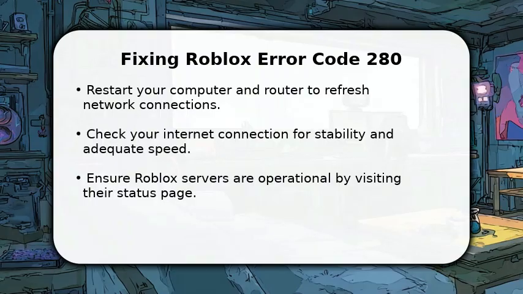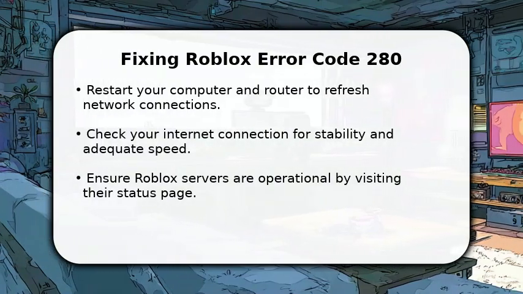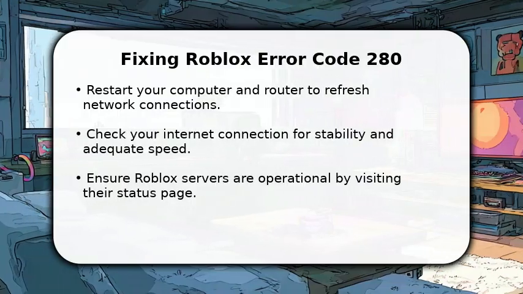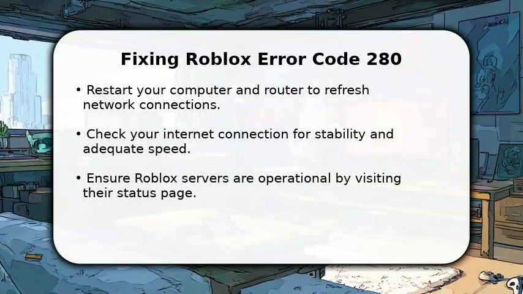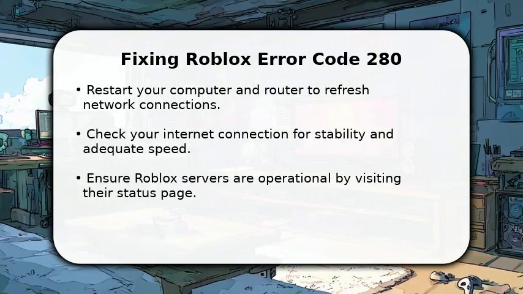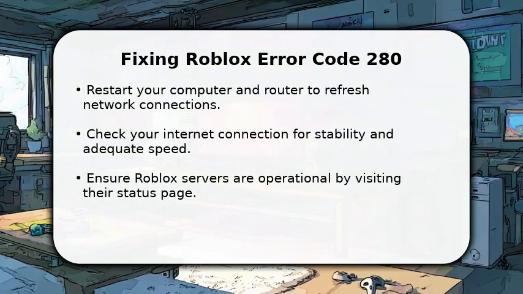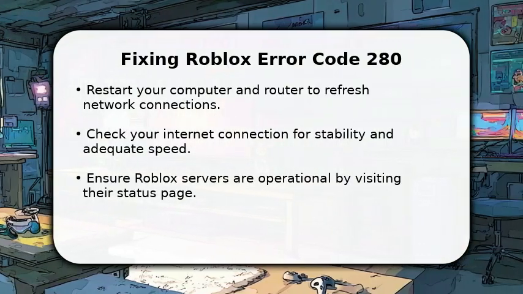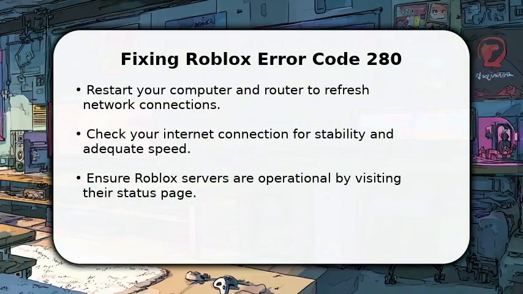In this video, I will explain how to fix Roblox error code 280. First, a simple restart of your computer and router can often resolve temporary network glitches. Next, confirm your internet connection is stable and performing well. A weak signal can cause issues. Finally, always check the official Roblox server status page to make sure the problem isn't on their end before diving